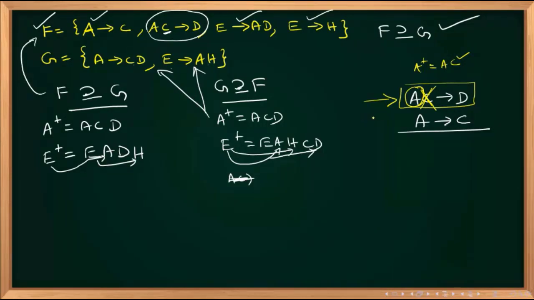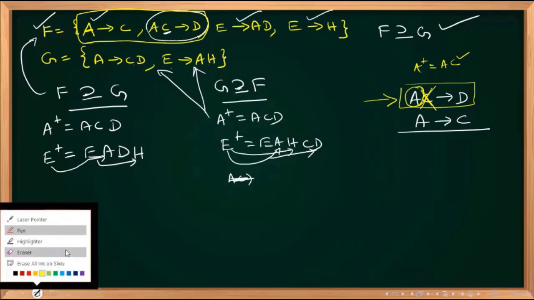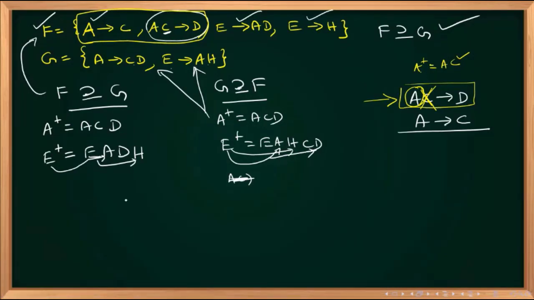Okay. So any attribute we can remove, if at all the remaining attributes' closure, if you take, you are getting the removed attribute. Okay. So now you see here this one. Are you finding a redundancy over there? Yes or no? Type. Are you finding a redundancy over there? Yes. What is the redundancy? I can remove the C. What is the way to remove the C?